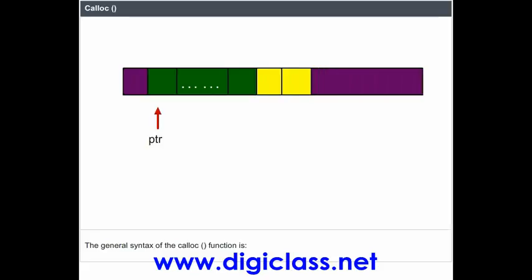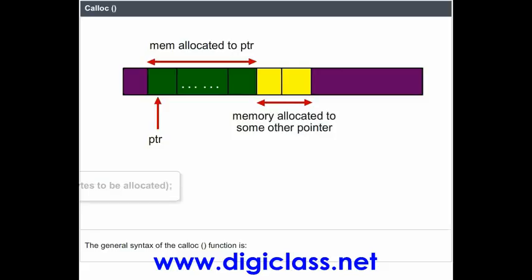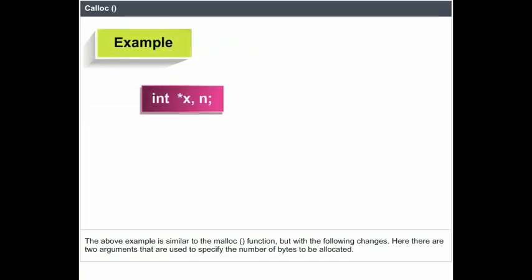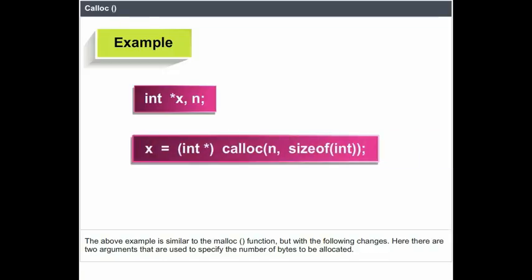The general syntax of the calloc function is: pointer variable = (data type *) calloc(number of bytes to be allocated); Example: int *x, n; x = (int *) calloc(n, sizeof(int));